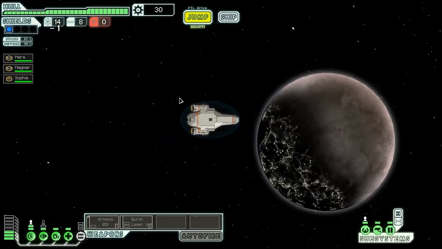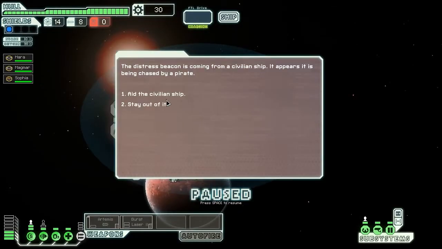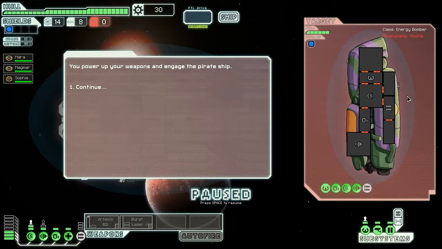So we jump up to here, and what do we find? There's a distress beacon, so I'm going to help the civilian ship, which inevitably means I'm going to get into a fight with this little bad boy here. What you want to do is target this ship with your lasers and missiles. So up here, look, I've got 8 missiles,